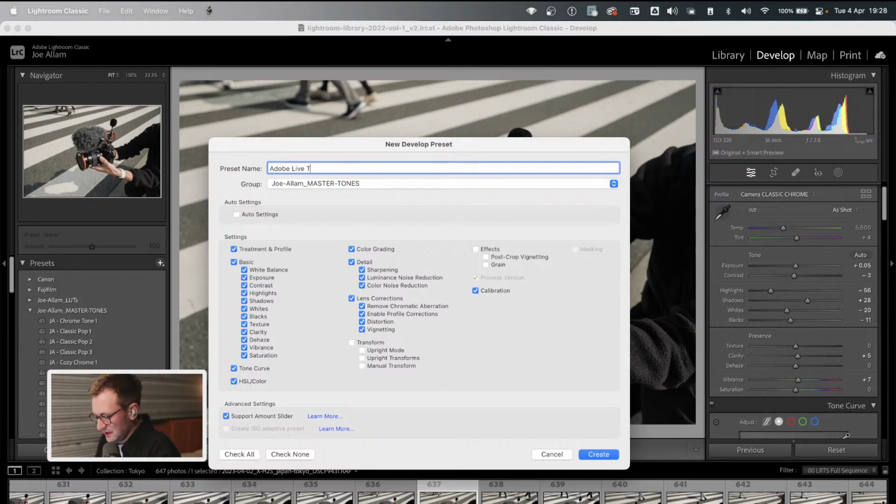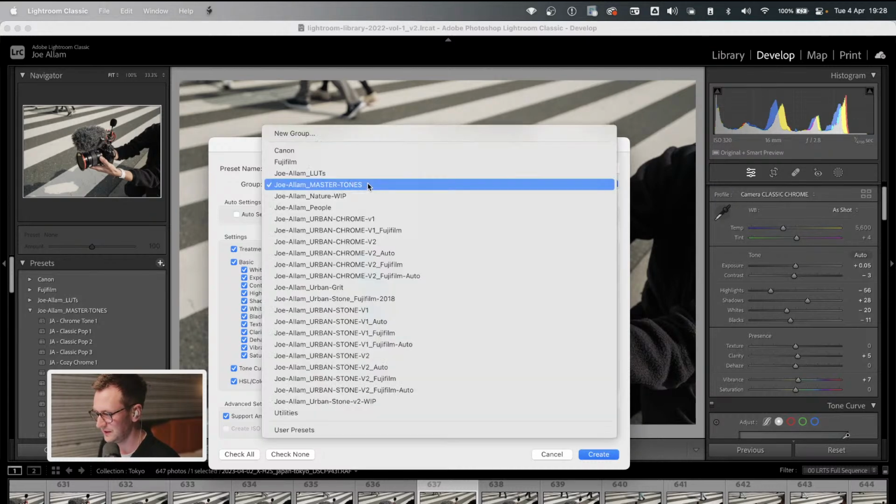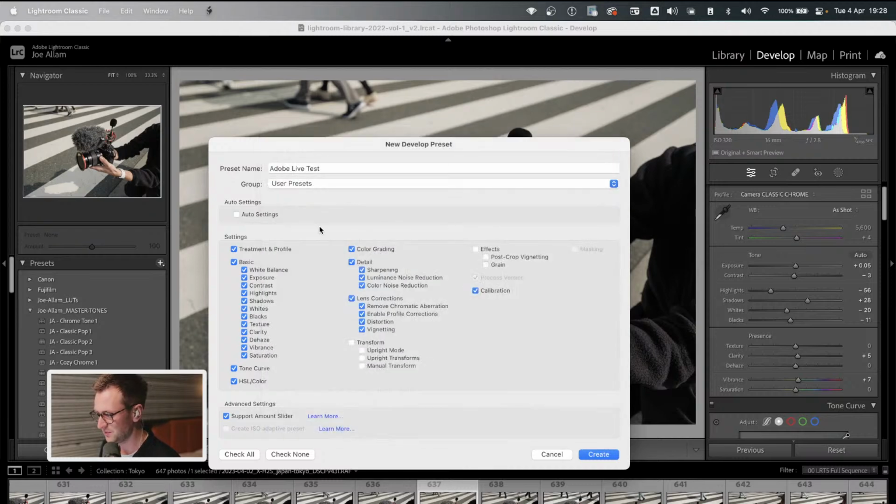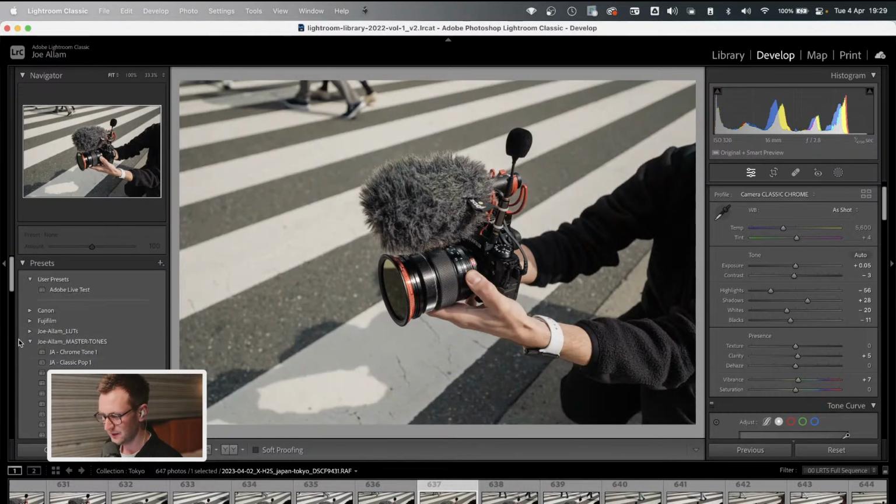So let's call this one Adobe Live Test. I can put it into a folder. In fact, I'm just going to put it into my user presets, and I can apply any adjustment that I've made. Quite often I don't actually want to apply white balance as a preset. Sometimes, if you're using the same preset on images that are outside or inside, or under fluorescent tube lighting and other things, it's not best practice really to include white balance. And likewise, I probably wouldn't do detail, simply because different cameras have different sharpening that's required of them, and the same for lens corrections. And that, I think, is good. Sometimes I leave calibration on or off, depending on what I'm working with, but for the most part, I leave it on. So I create this new development preset, hit create, and now if we look in our sidebar